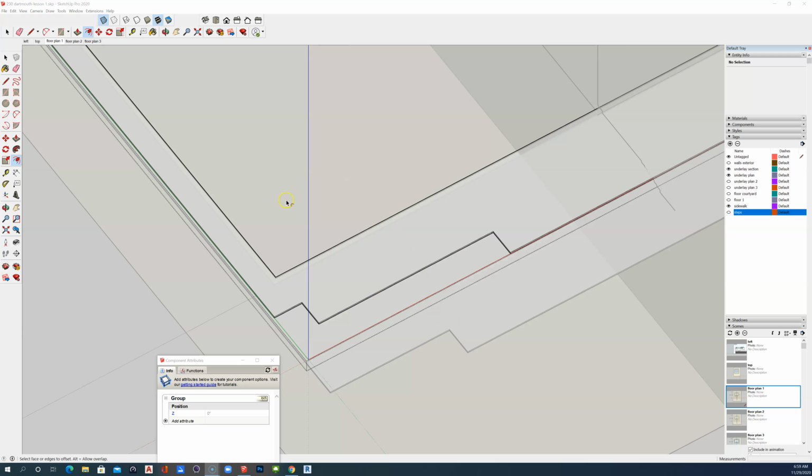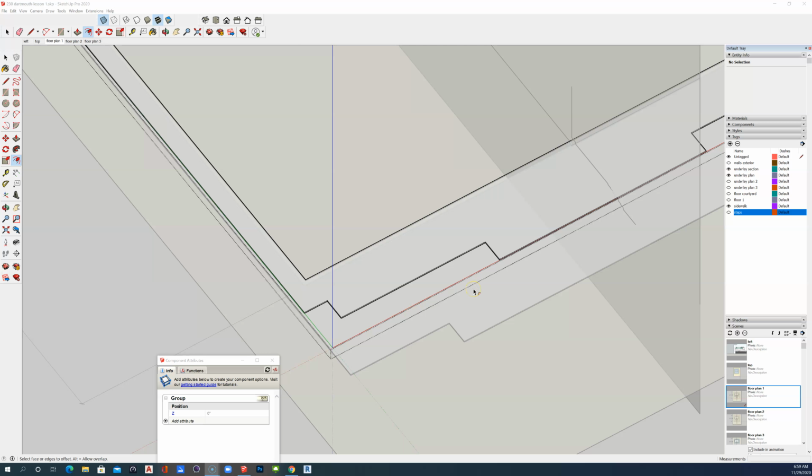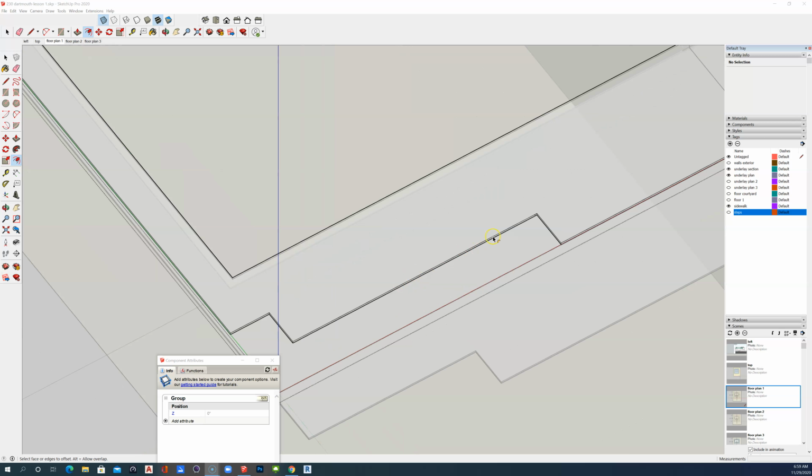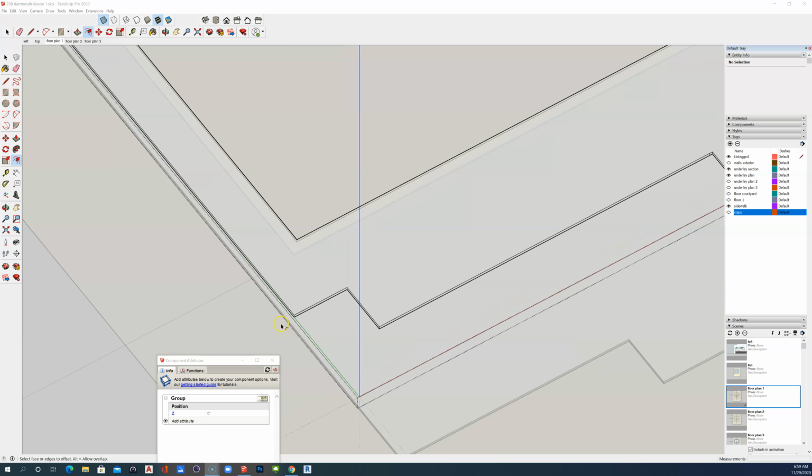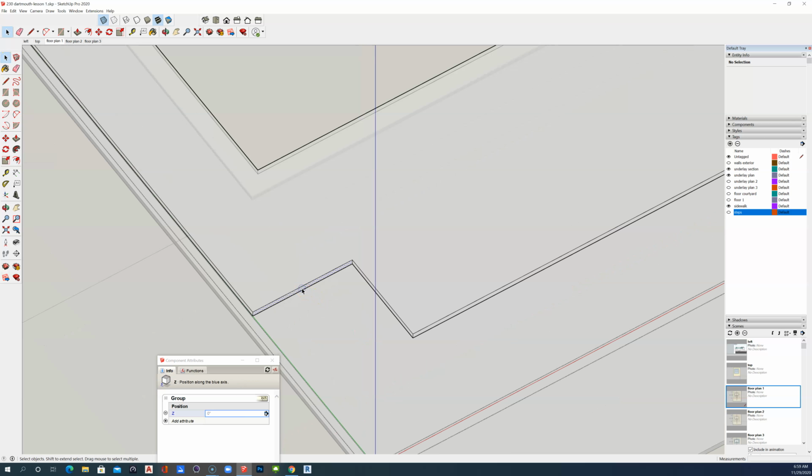That was pretty stupid of me to try to offset a shape that was actually three-dimensional. I forgot we copied the floor slab. So what I'm going to do instead is just a little trick. I'm going to select these faces and move them 2 feet. I can do it with a push-pull, 24, and then